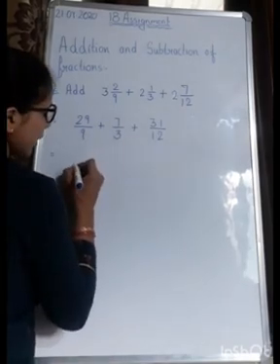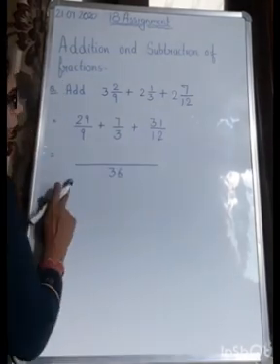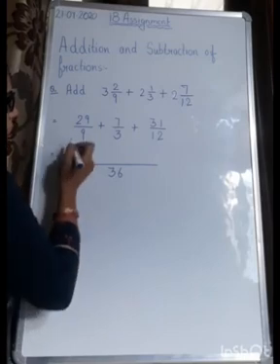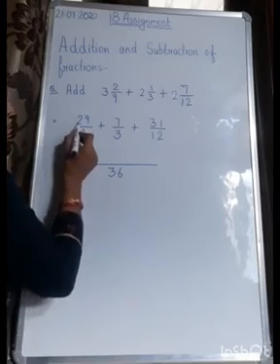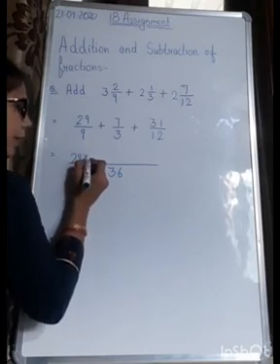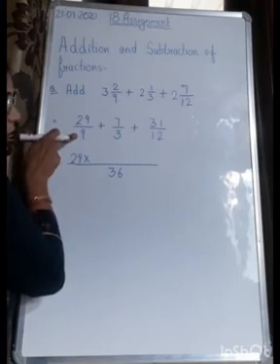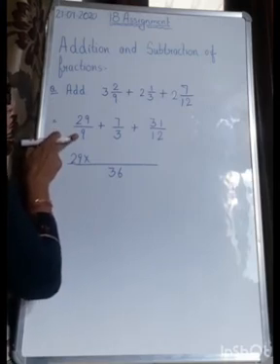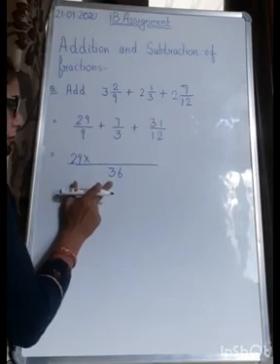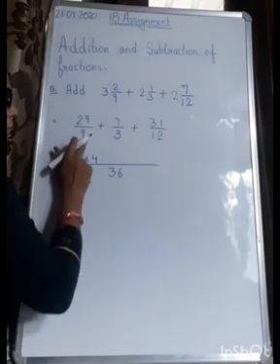Okay? So you will write 36 over here. Now this step is very important, so pay attention to what you have to do. First you have to write this number, the numerator, it is 29, then write multiplied by. Now what is your denominator over here? 9. So you have to find in the 9 table how many times 36 goes. 9 4s are 36, so you will write 4. Clear? You have done this with this one.